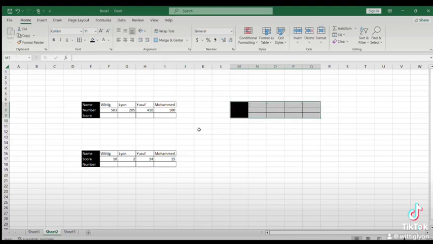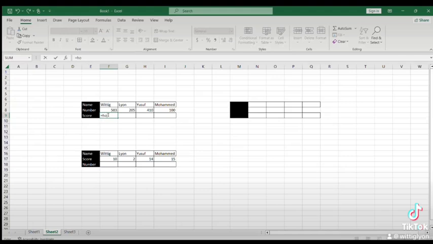So let's say now we have this data, we have these two tables. Now we are going to be doing exactly the same thing that we did for VLOOKUP. So we want to fill in the score of the individuals in this table with the score from the second table. So in this case, since the data is in horizontal format or orientation, we are going to be going with HLOOKUP. So we say equals to